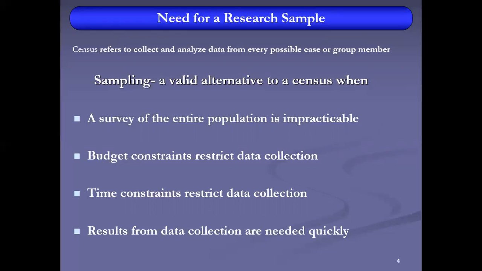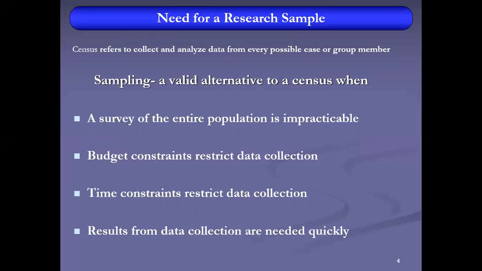Sampling is a valid alternative to a census when a survey of the entire population is impractical. If the population is huge, reaching every respondent is impracticable, because it is time-consuming and costly. Budget constraints restrict data collection. If we have a low budget, we can't reach every respondent, every person, every case in our population, so we need to use sampling.